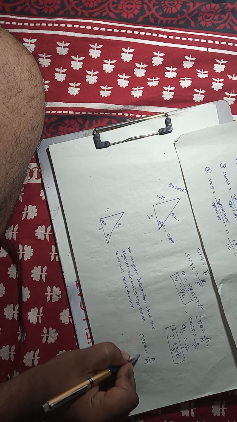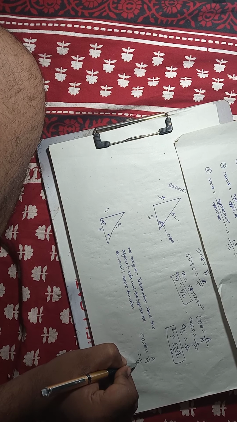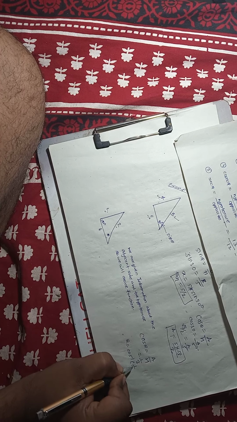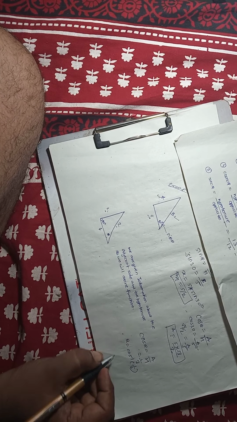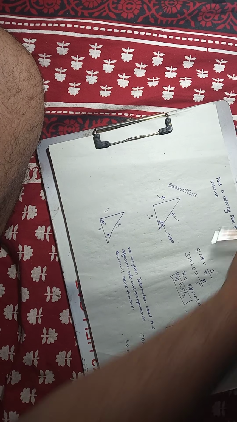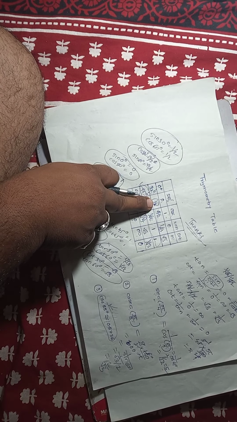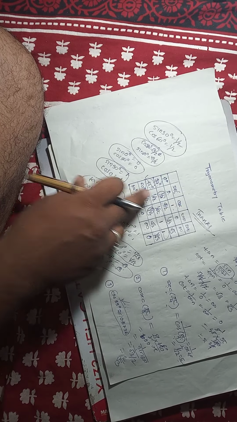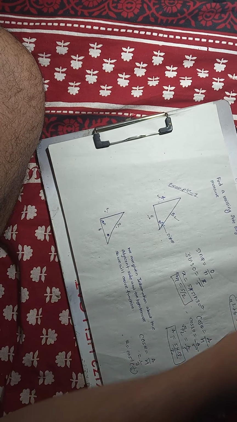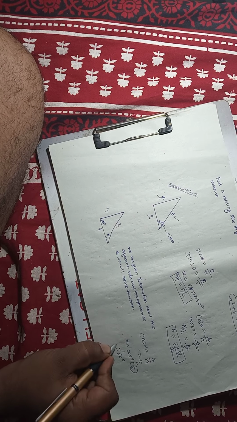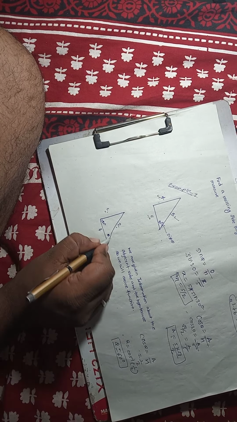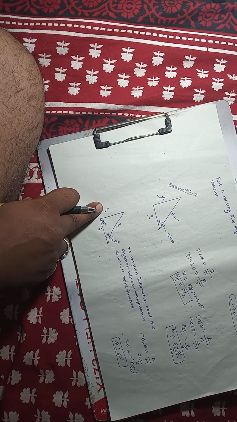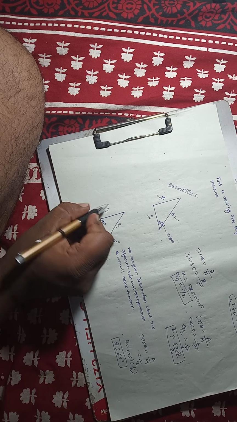So adjacent is 1, hypotenuse is 2. So theta is equal to cos inverse of 1 by 2. Cos inverse of 1 by 2 is 60, since cos 60 is 1 by 2. So hence theta is 60 degrees. So we have calculated that theta is 60 degrees. We got theta's value. Now we have to calculate this opposite side value, because it is missing.